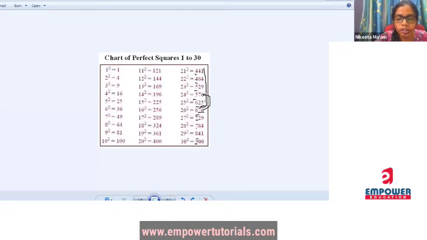The last two digits of the square of 24 and the square of 26 are the same. The same is the case for 23 and 79, for 84 and 28, and for 21 and 29. This is how you can remember the squares of numbers till 30. Make sure you do it, because I'm going to ask you tomorrow.